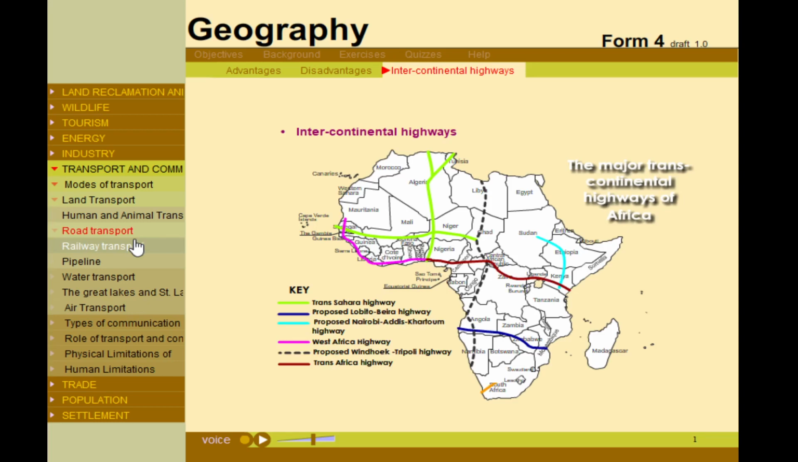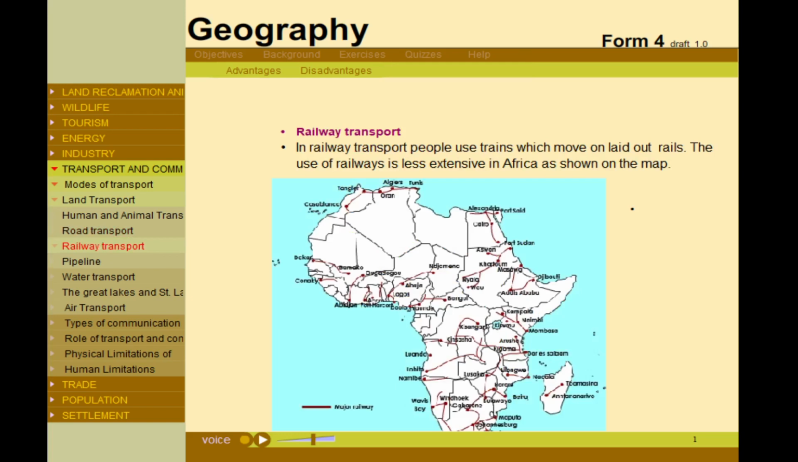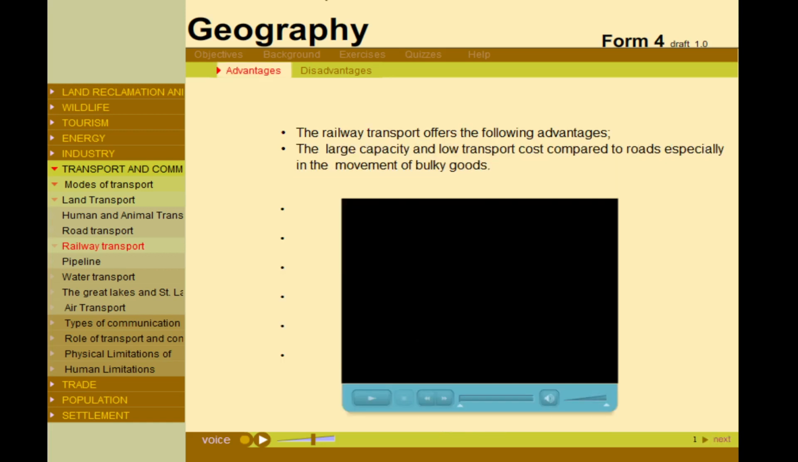Another type of land transport is railway system. In railway transport, people use trains which move on laid-out rails. The use of railways is less extensive in Africa as shown on the map. The railway transport offers the following advantages: the large capacity and low transport cost,